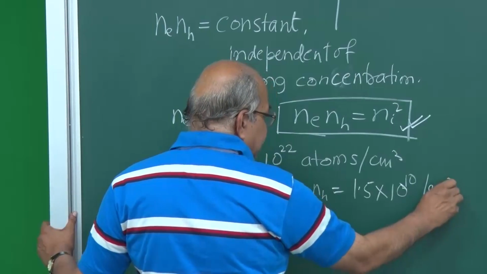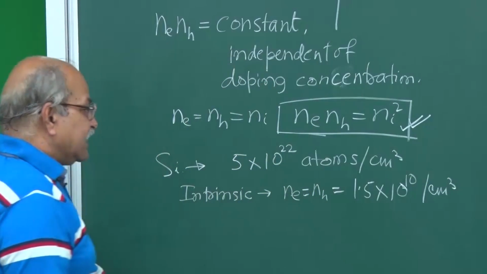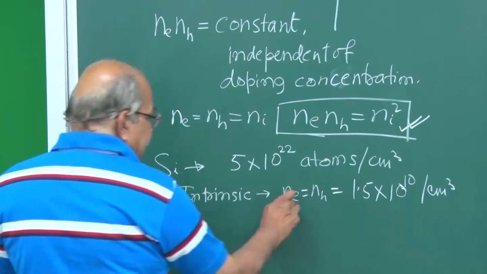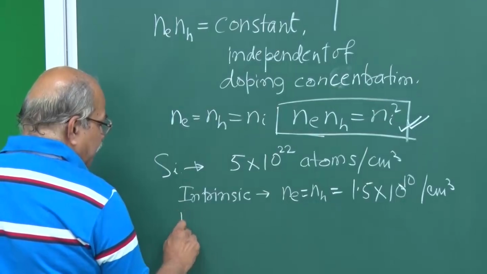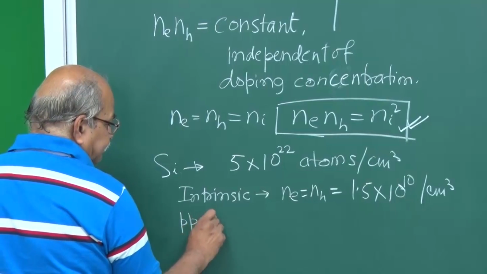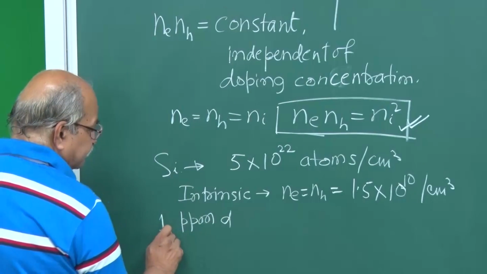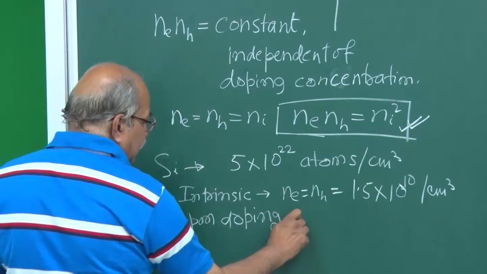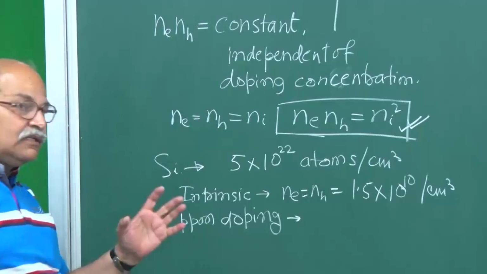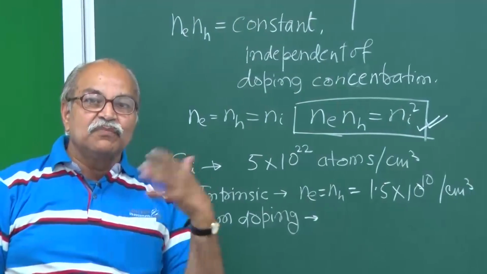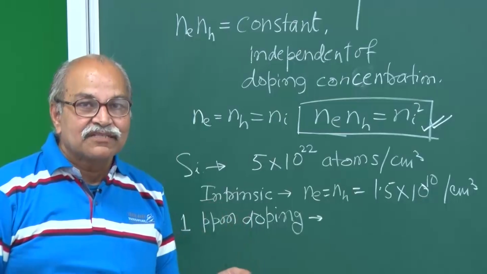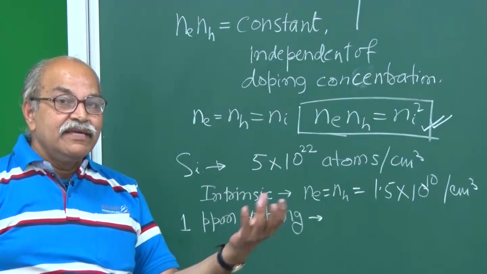We had given this data in one of the lectures. So this is Ni. Suppose you do a ppm doping, 1 ppm doping. That means 1 out of 10 to the power 6 silicon atoms are replaced by arsenic or phosphorus, and each